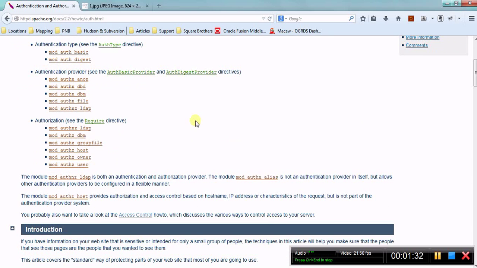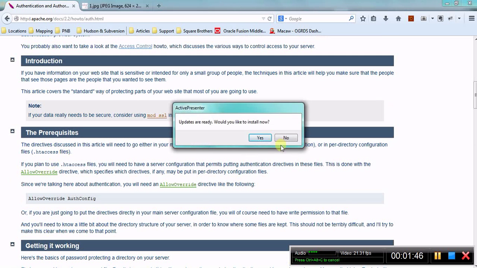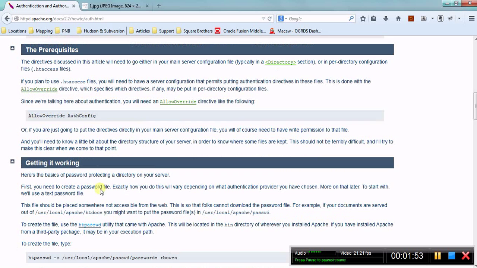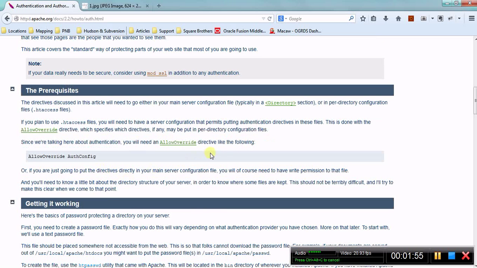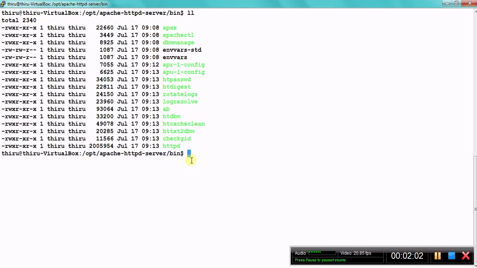Now we are going to see a little demo on this. We can do the authentication of our hosted content in two ways. First, you can use an external HTTP access file, or else you can include all of them inside the directories. For example, what we can do is just go ahead and change